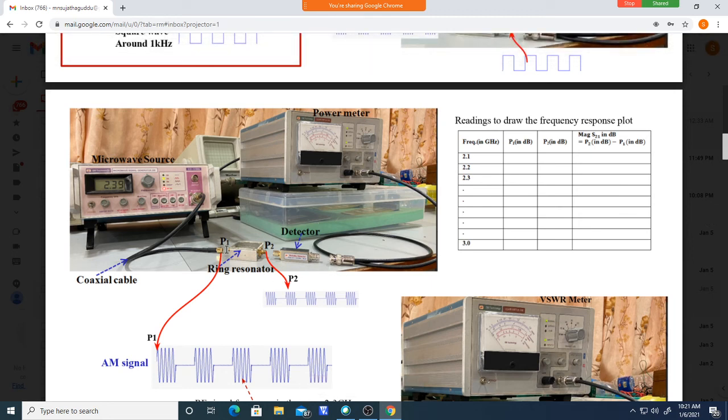So what value, P1? How to measure P1? You should measure P1 first. Before connecting to this ring resonator, we want to measure the power output. But how much power you are giving at the input, that you should measure, P1. How much power we are giving here, to the input of the ring resonator. This is the ring input here. First you should know that is correct.